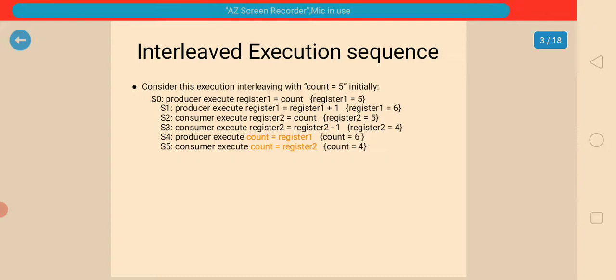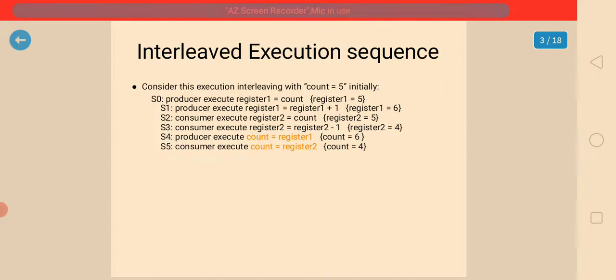S0: producer executes register1 = count, so register1 is 5. S1: producer executes register1 = register1 + 1, incrementing the value by 1, so register1 now holds 6.